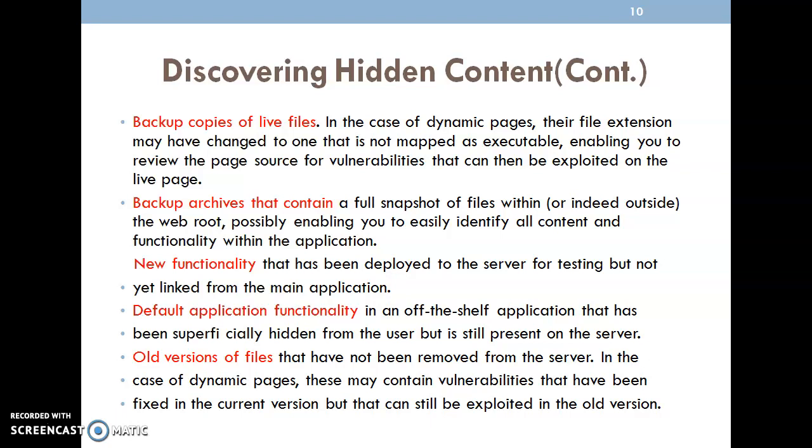Then old versions of files. Sometimes sensitive information is stored in the old files. People only concentrate on the new things; we think old files are not required. Making use of this concept, they store sensitive information in the old files.